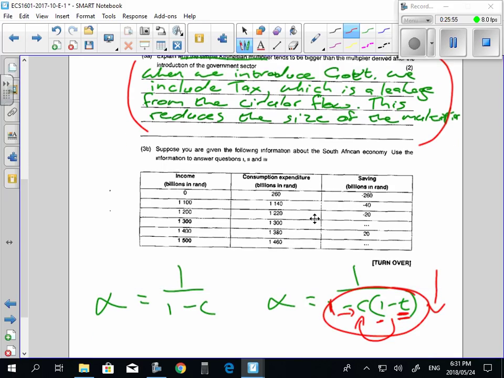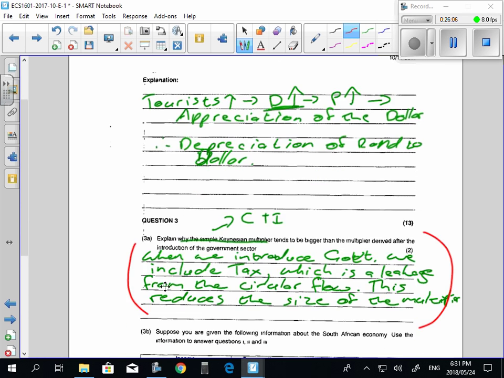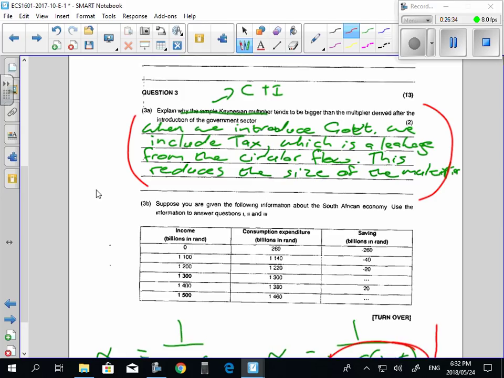Suppose you are given the following information for the South African economy. Answer the questions that follow. Calculate the marginal propensity to consume and the marginal propensity to save. So what is your marginal propensity to consume? Your MPC is the change in your expenditure when your income changes. So if my income increases by 1 rand, how much am I going to spend of that 1 rand versus how much am I going to save of that 1 rand? You could have used any figures in the table here to calculate that, but the easiest one that I found was